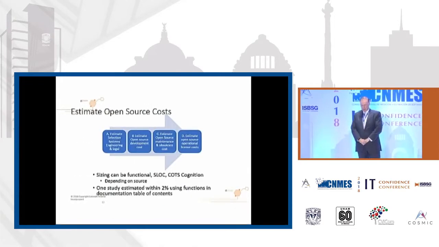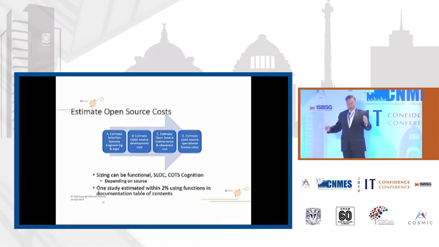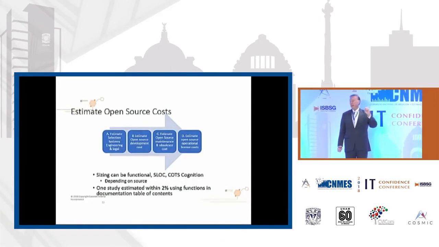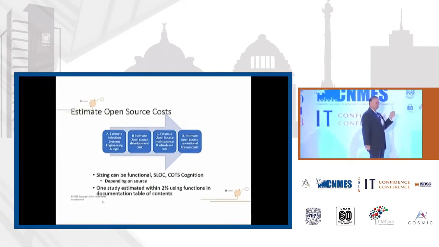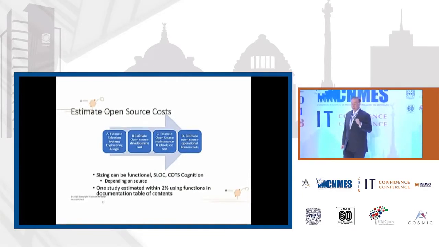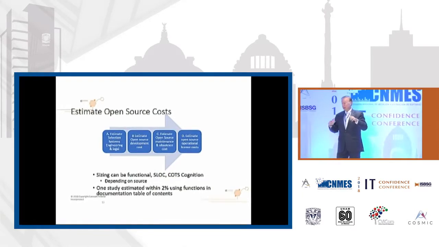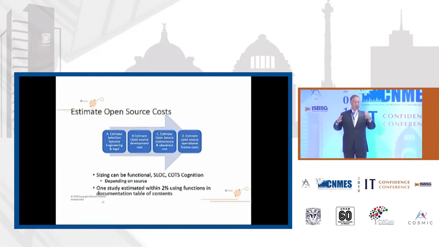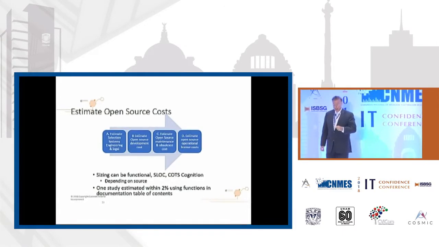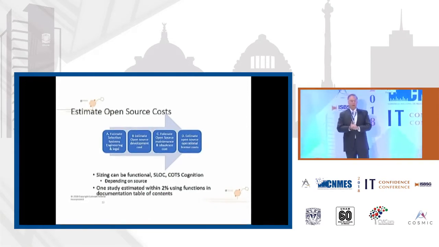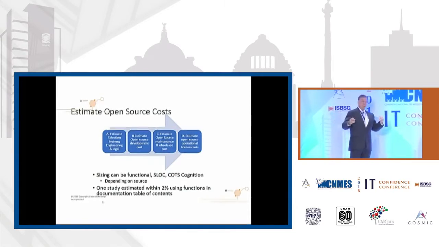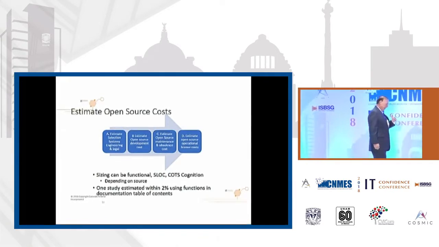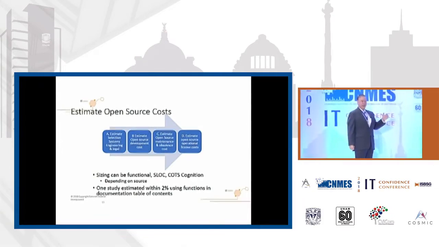Next, please. Now, to estimate open source costs, once again, you need the systems engineering work. What is it we've got to do? What's the requirement? What's the repository? What kind of open source might be safe? Estimate the open source development costs, whether you're just using it or whether you're modifying it or whatever. Followed by C, estimate the maintenance and obsolescence costs. We'll talk about obsolescence in a minute. And last, estimate the operational open source license costs. These can be huge. If you're using a vendor-provided open source, the licensing costs could be very large.